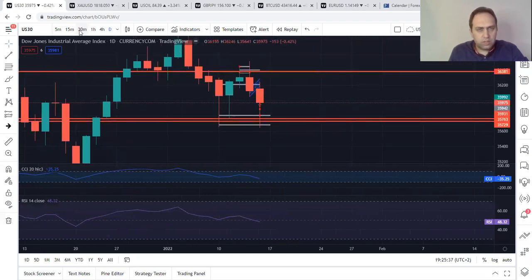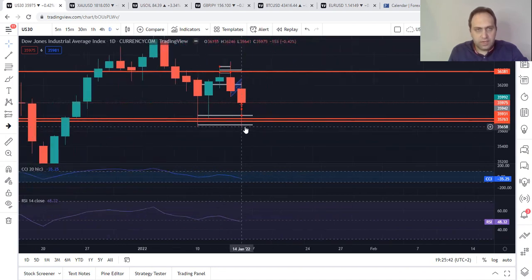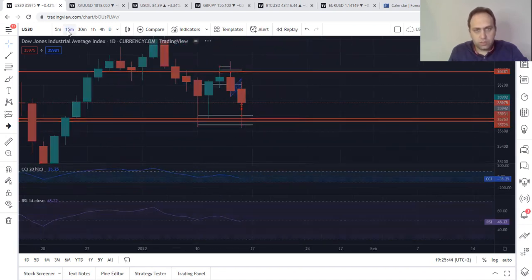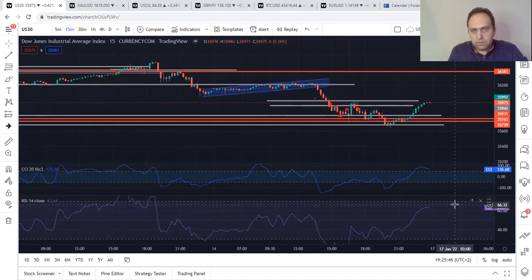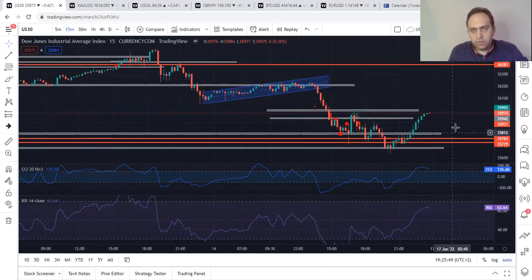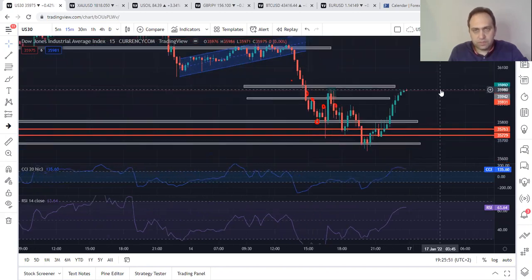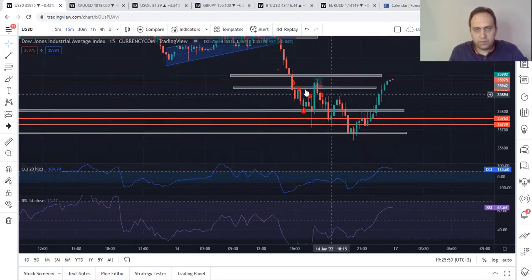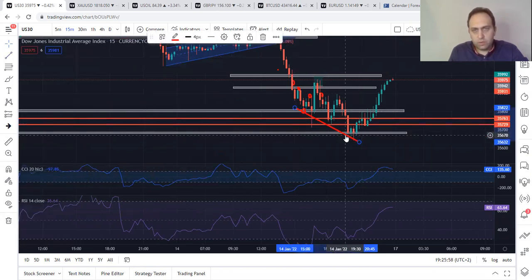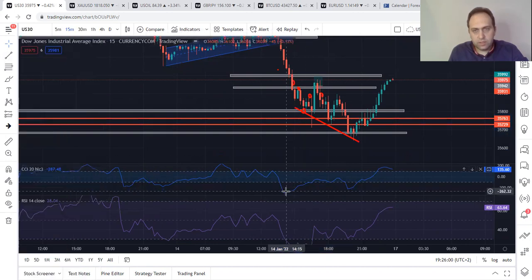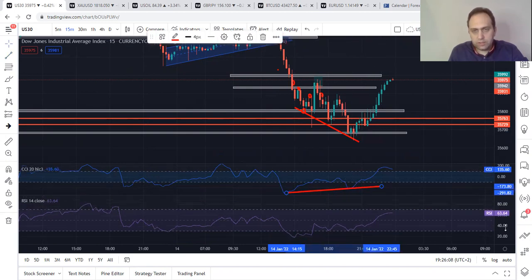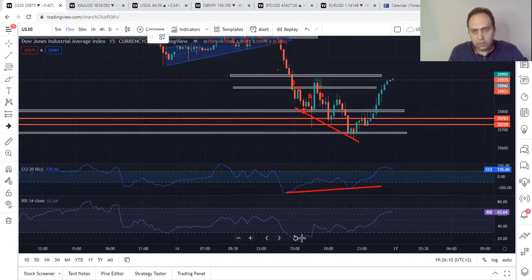So here we had a first-time retracement, and then last day on Friday we also had a retracement on the 15-minute. By the way, it's very important to follow our system. People who got the Forex Mastery program and those following us who have the Forex Mastery program, look here at the divergence. We have low, lower low, lower low. Here we have on CCI low, for swing trades, of course, low, higher low. And also on RSI, we have low, higher low.